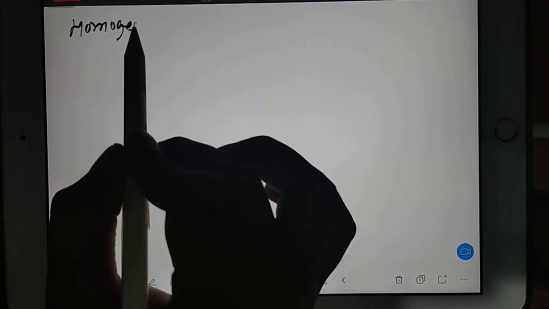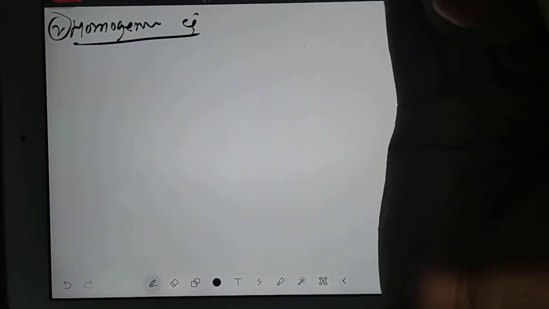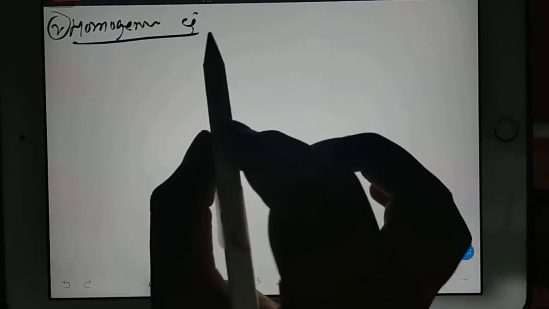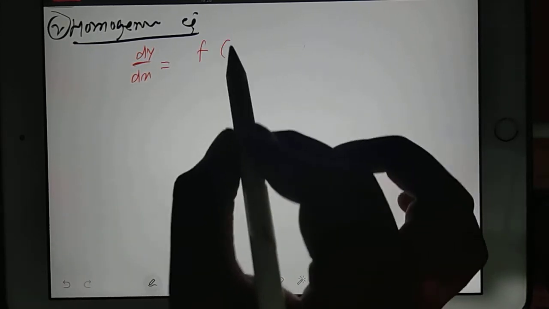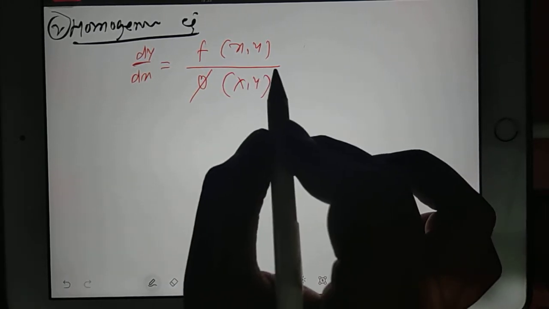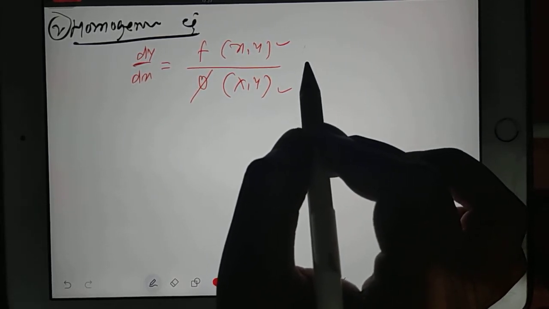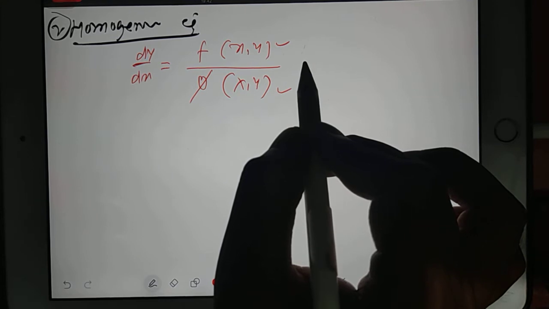Now we'll go for another type, that is known as the homogeneous equation. Still it is first order first degree. We are still doing first order first degree, but you remember I gave the chart, in that the second one is the homogeneous equation. We have already discussed the homogeneous format. So the form will be like this: dy by dx is equal to f of xy by phi of xy, where one function f is a function of x and y, and another function phi is also a function of x and y. They are both homogeneous and have the same degree in x and y. So that you should also mention.